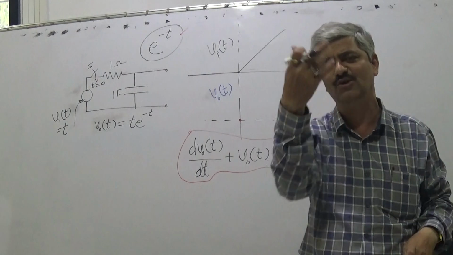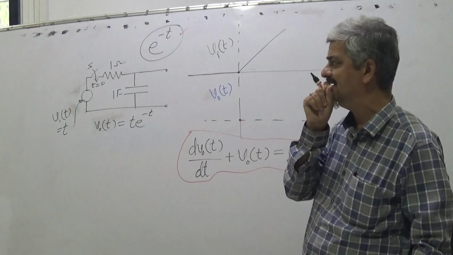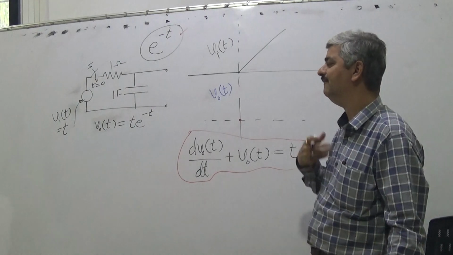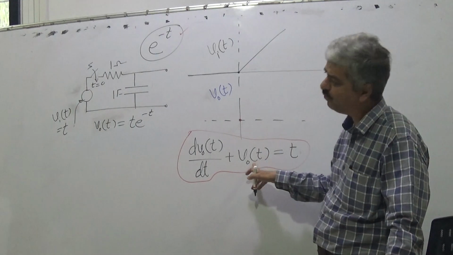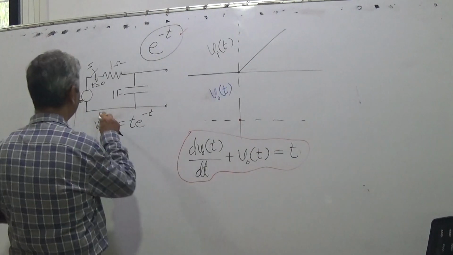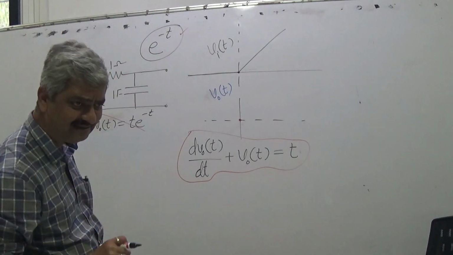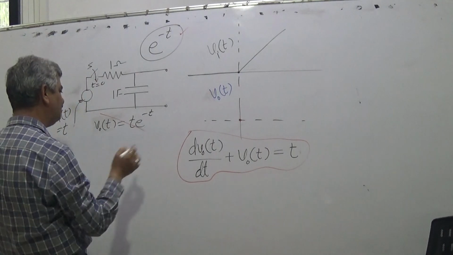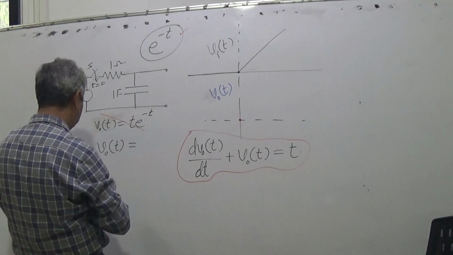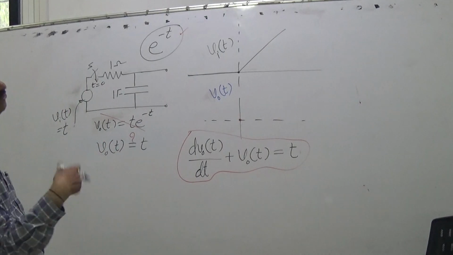You can have independent thinking also, and somebody among you may say, yes, on the right hand side there is t. Then if here also v o of t is as it is, can I check? So this is ruled out. Merely because we have said so, why is it binding that I should use it? No. So you can use, let us say, v o of t equal to t. Is it a solution? We should check.